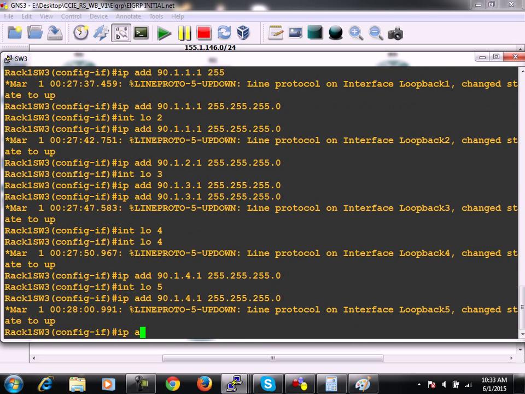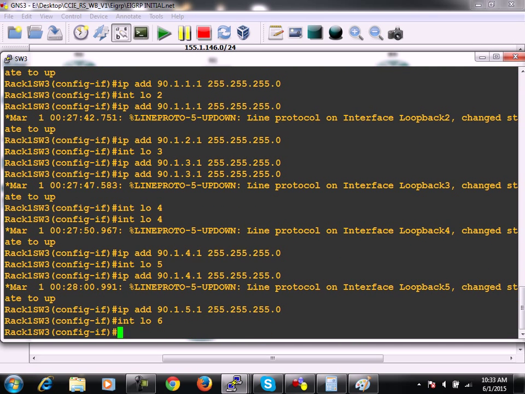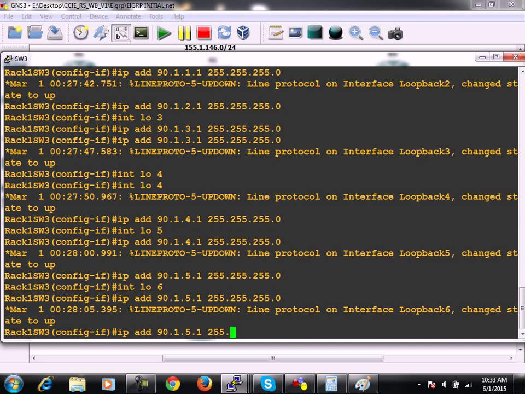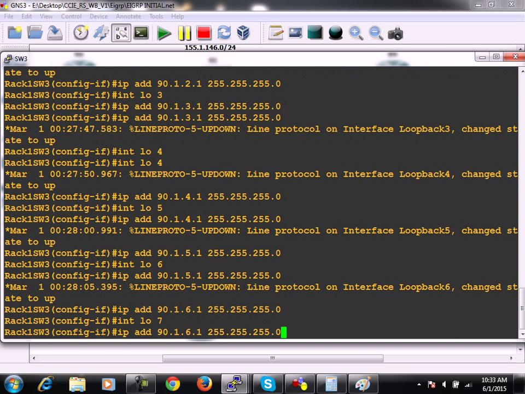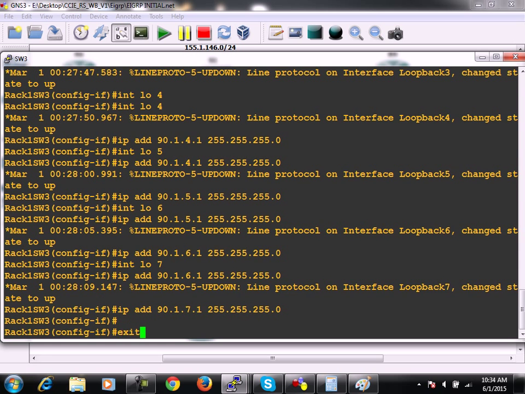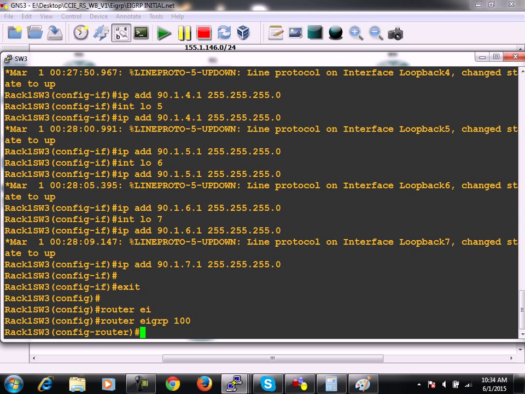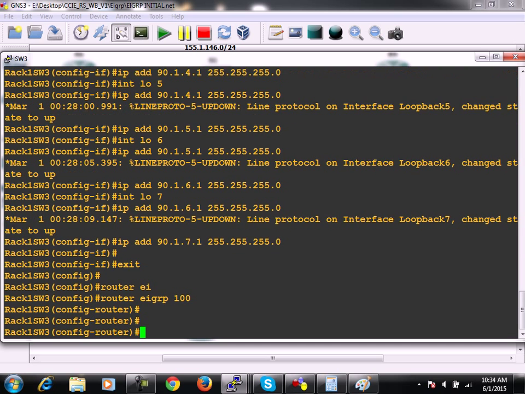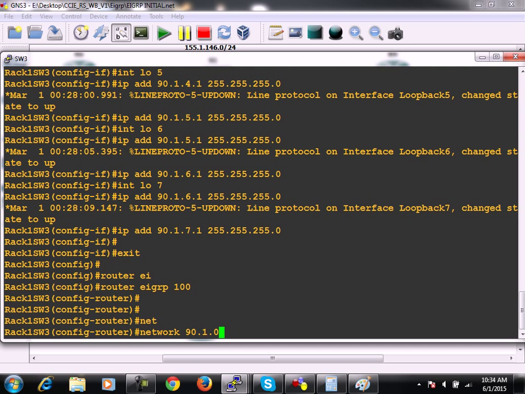Even I will create 7 loopbacks. Fine. And then you will be required to advertise them into EIGRP, and the command will be 90.1.0.0, and I hope that you can understand it very easily. The meaning of this command, 7.255, is that EIGRP will get enabled only for these networks,